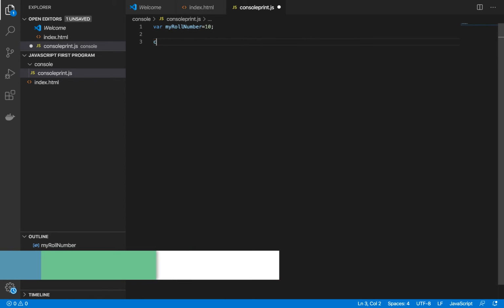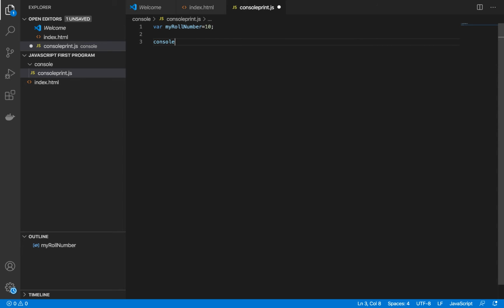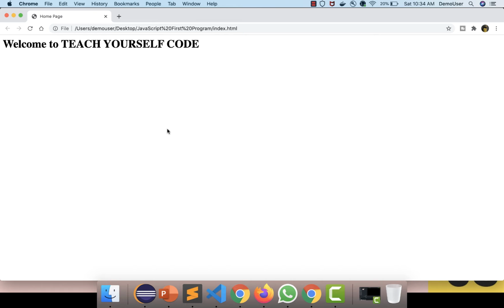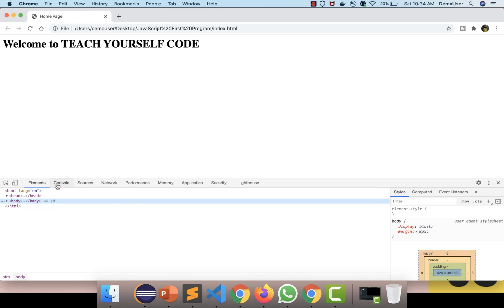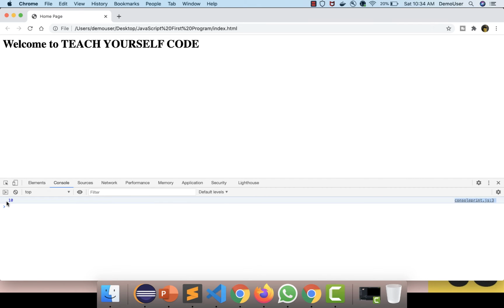Previously we gave a console log for this, and we were able to see it in the console. So if I open my Chrome browser and inspect this page to see the console output, you can see yes, 10 is getting displayed over here.